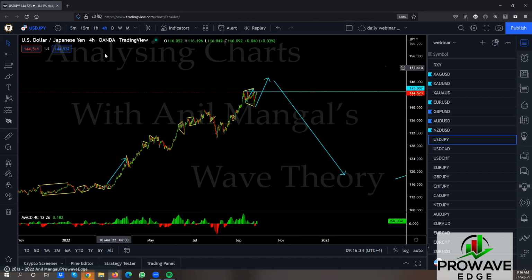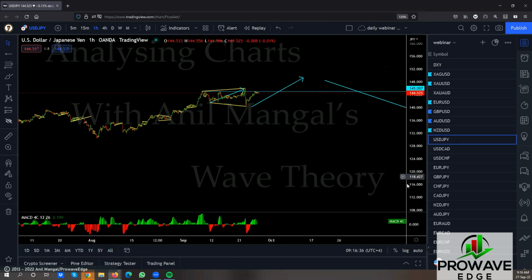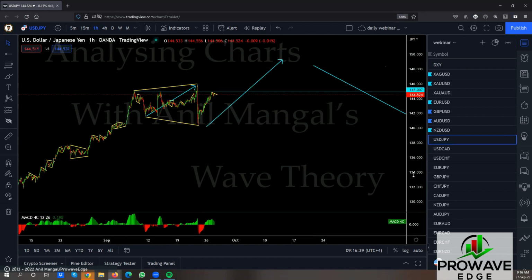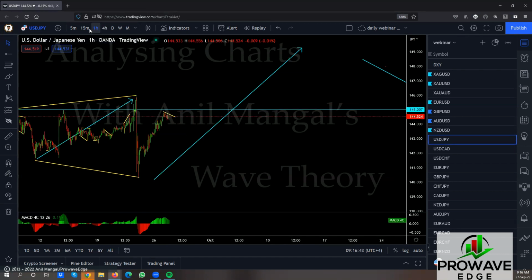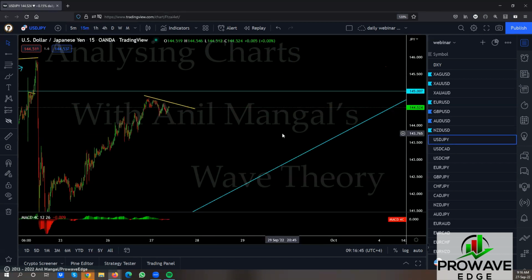So let's see. We'll come back to the 1 hour. That's a perfect flat for upside. So this would probably go up. While the rest are correcting, this could probably make an up move. On the 15 minutes, it's consolidating here nicely. You can see this might drop a little more. I think this is first going to drop. I don't know if you want to take it.